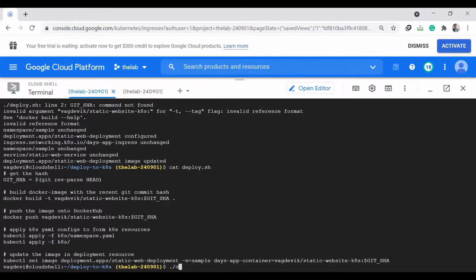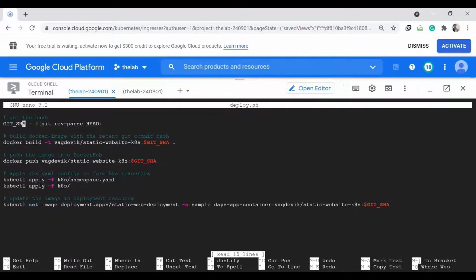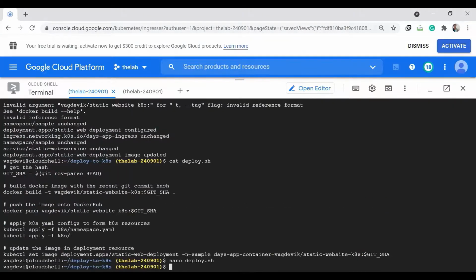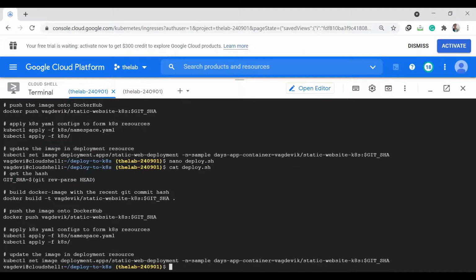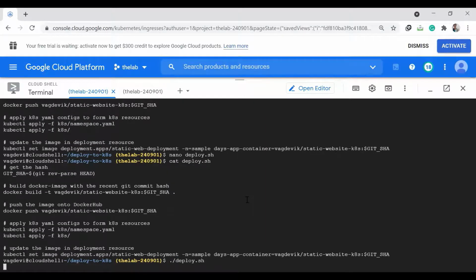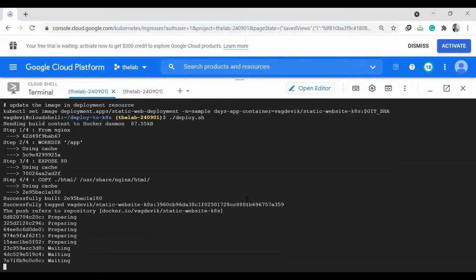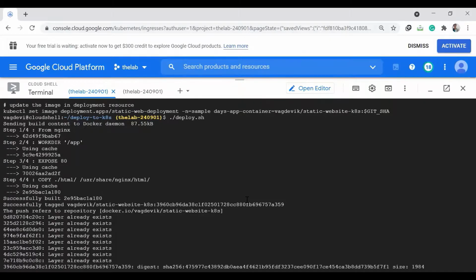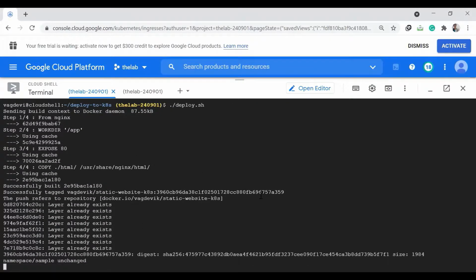So let's change that. Save it. Now execute it.